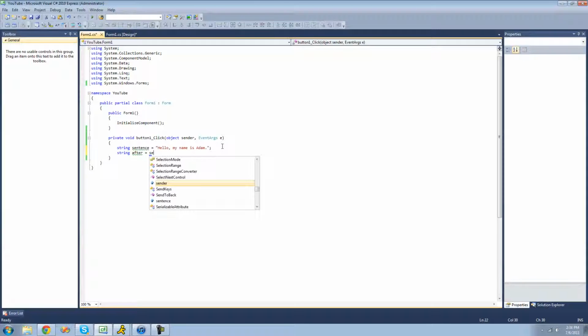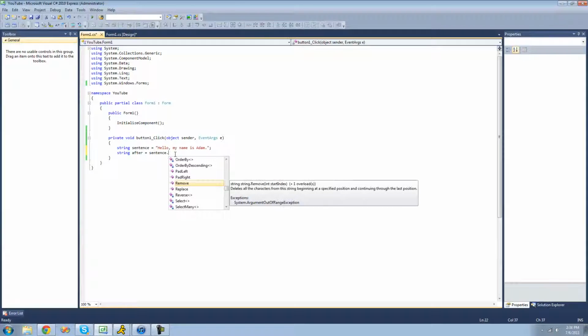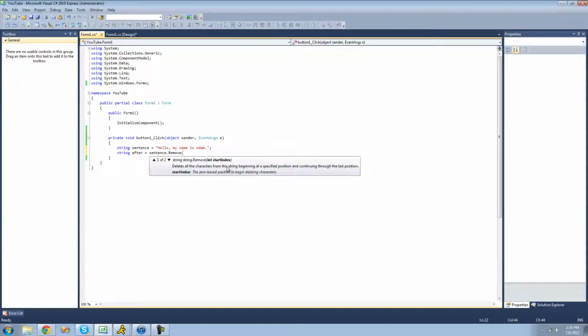So we're just going to type sentence, which is the name of our string up here. And then we're going to use the dot operator to access the remove method. And just do remove. And as you can see, just like the substring method, there are two different parameters you can use. You can either have a start index, and that will just start at a point and then remove to the end, or you can specify a start index and a count, or how many it will remove. So we're just going to have it remove hello here. So we're going to have it start at 0,